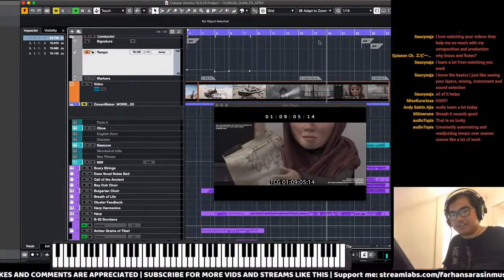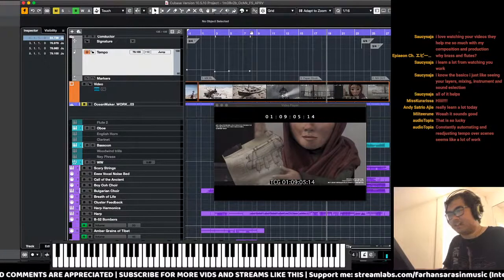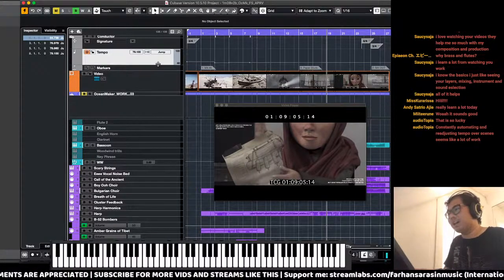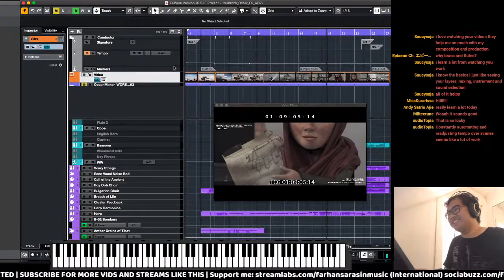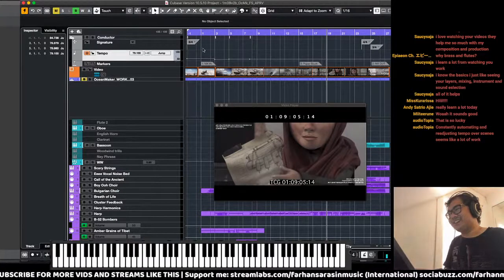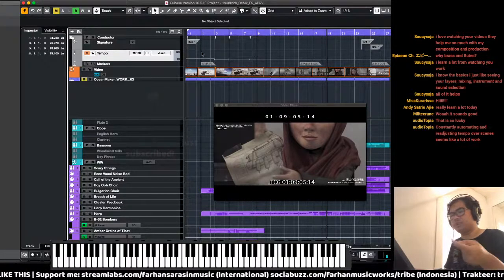Constantly automating and readjusting tempo over scenes seems like a lot of work. A lot of that is luck, I think. You have to get lucky, or else you would deal with that. Well, sometimes you can just compose from scratch, and then I think Cubase has this feature where you can